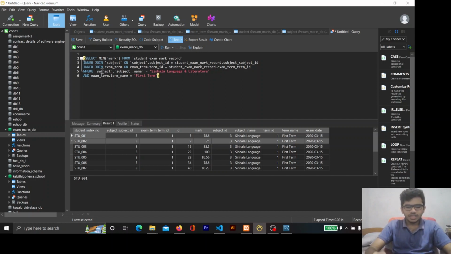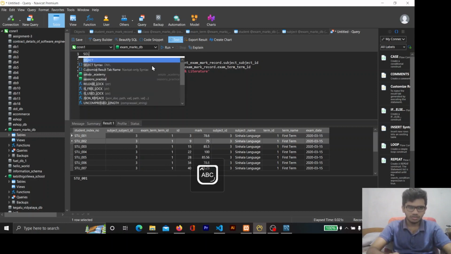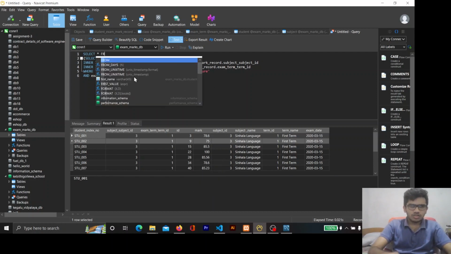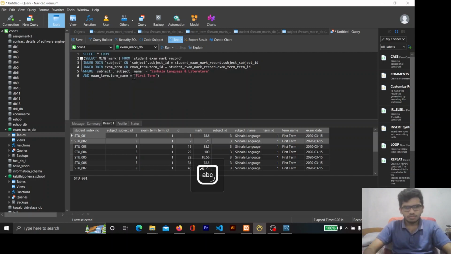In my previous attempts I got multiple records, so I must be wrong here. To search for the records which have this student mark,